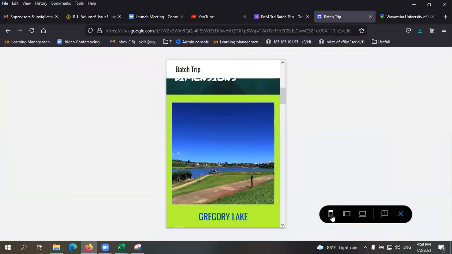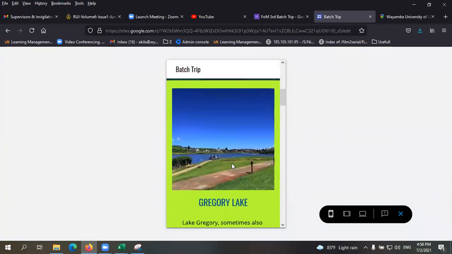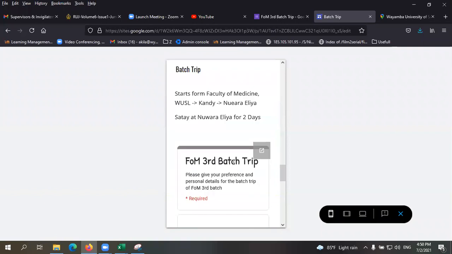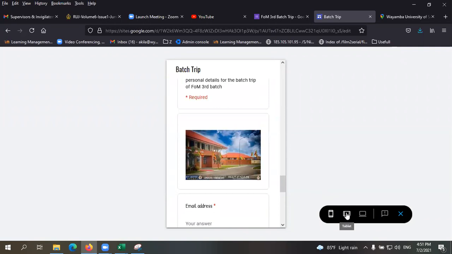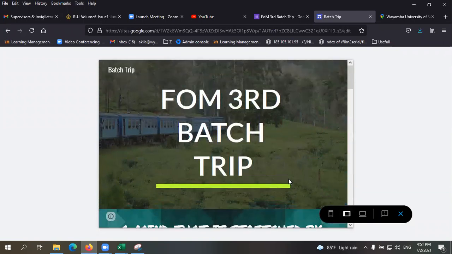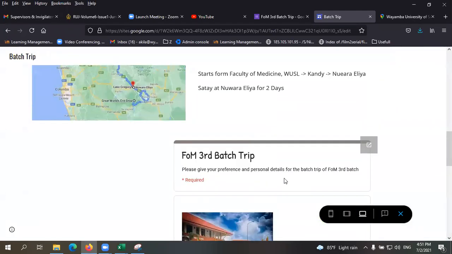Then on a phone, this is how your website will appear on a mobile phone. So this is called responsive web pages. It is responsive, which means it will adjust according to the device screen type. So this is how it will be displayed on a tab, and this is how it is displayed on a laptop.